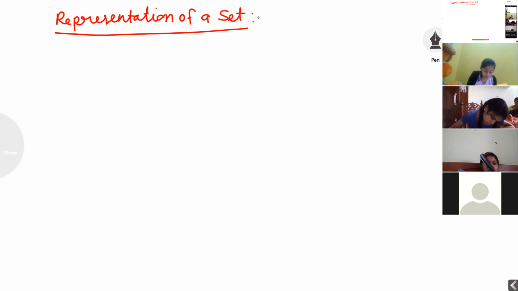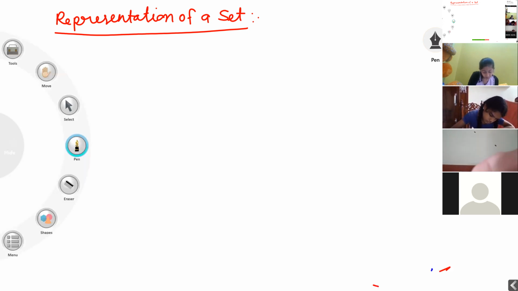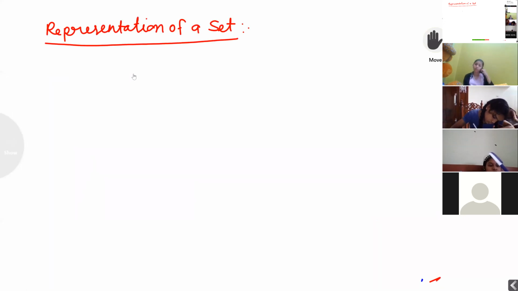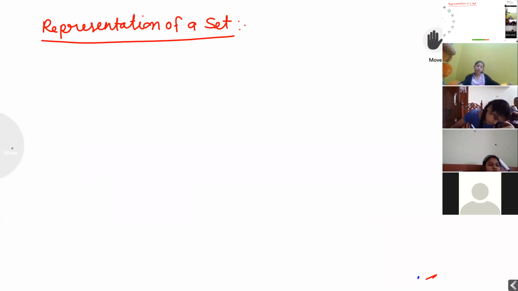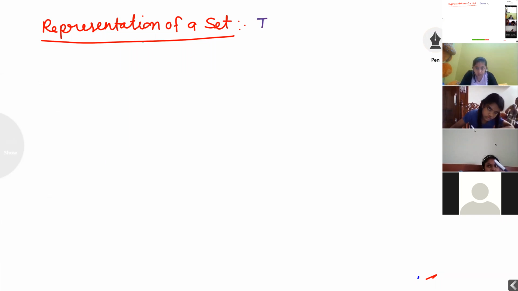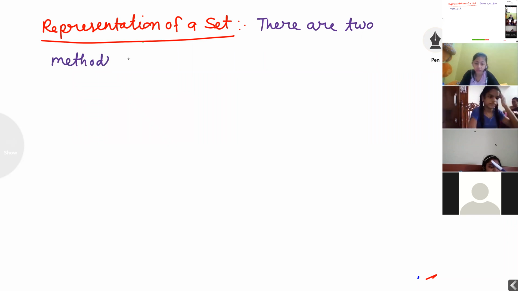There are two methods to represent the sets.